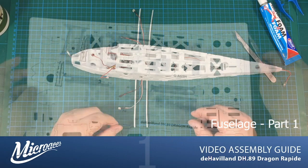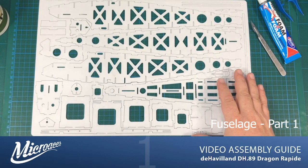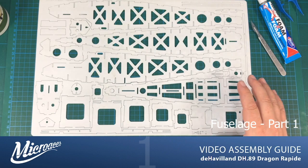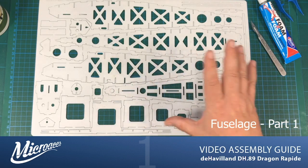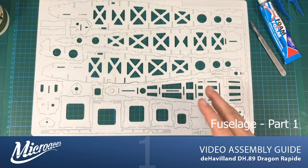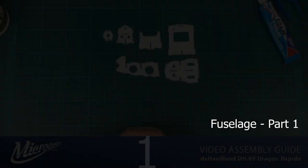Right, okay, let's begin. The fuselage airframe is mainly made from 2mm, and you get a single sheet dedicated to that particular build. This is sheet 2, and all of the parts here are used in the build of the fuselage airframe. Now, it looks quite complicated, but it actually goes together pretty easily, and I'll show you how that occurs. Okay, well, let me cut out some of the parts that we'll need for the first few steps, and we'll get cracking. So here we have